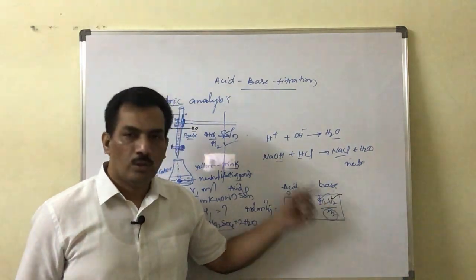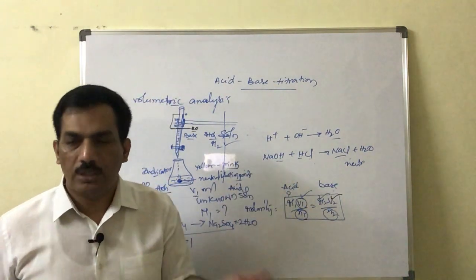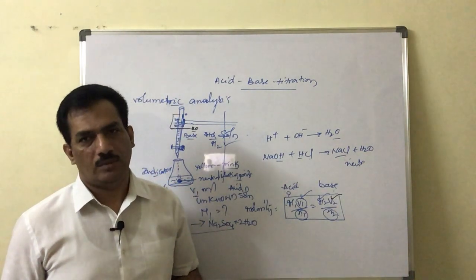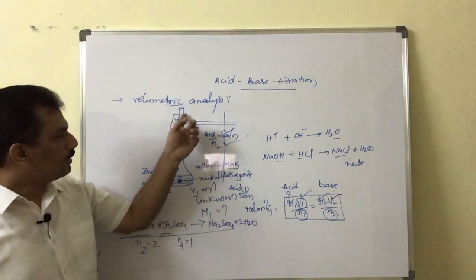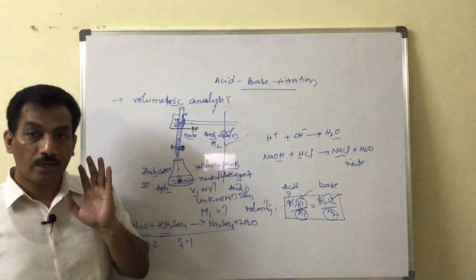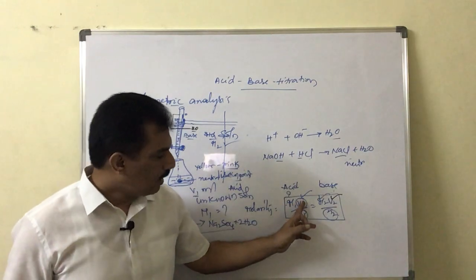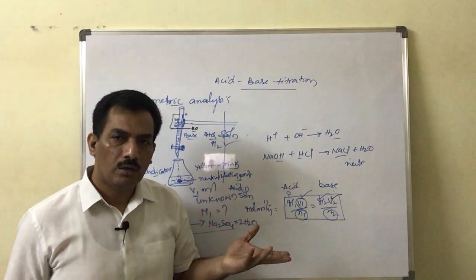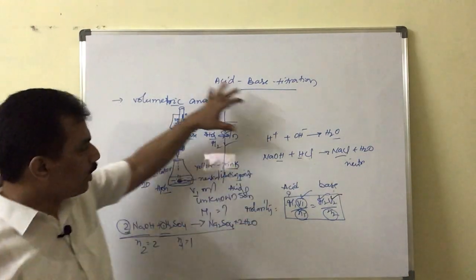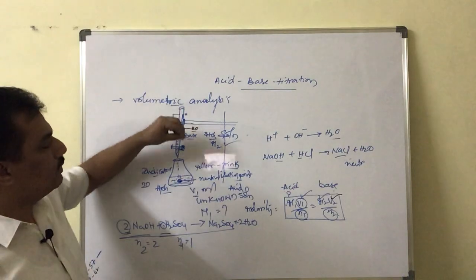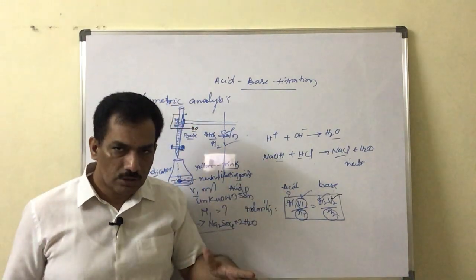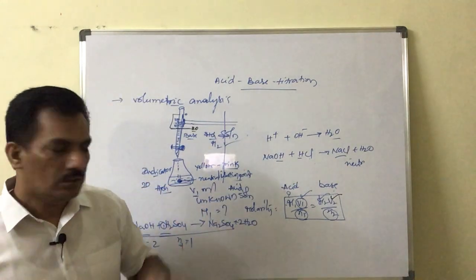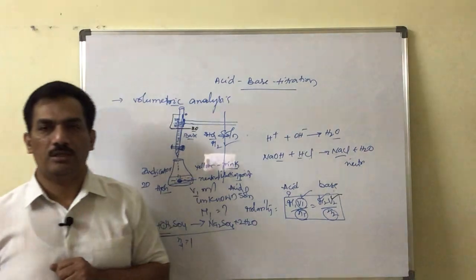And then M2, the standard solution concentration, is already known, because a standard solution means nothing but a known concentrated solution, is it not? And V2 is measured from the burette reading. Clear? With all these, after knowing V1, M2, V2 and N1, N2, we can measure M1. Clear? This total process of finding the unknown solution concentration with the help of a known solution, that is a standard solution, is known as titration.